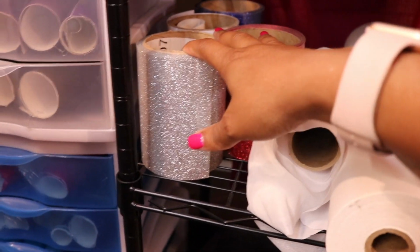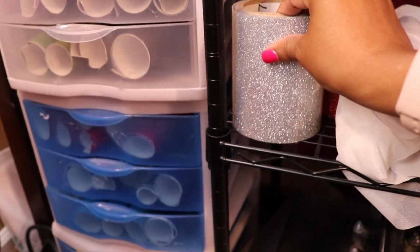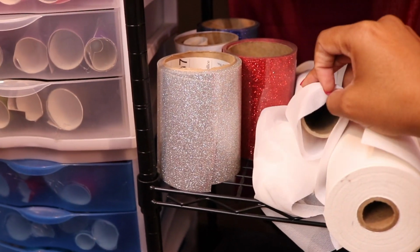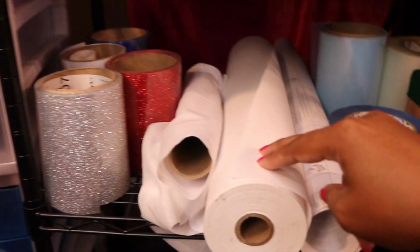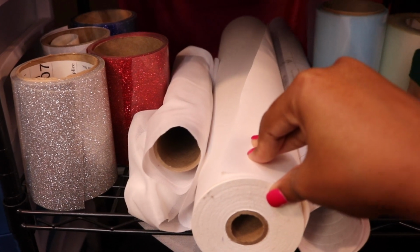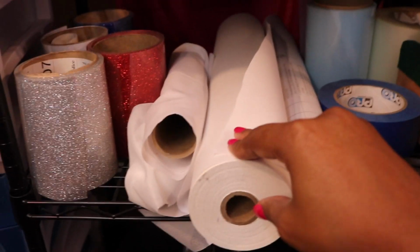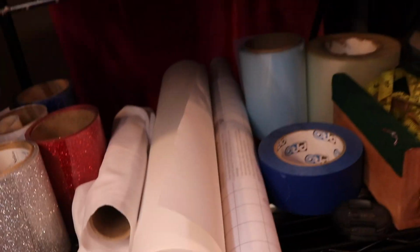And so here I have my end rolls of glitter vinyl that I purchased. I use these all the time. I have red, white, and blue, and then I have the silver glitter. And this is just additional cover stitch or tender touch. This is my large roll of butcher paper that I spread out over there on the black table where I am prepping everything for sublimation. And most of everything I'm telling you here is linked down below. This is contact paper. You can use this just like you would the adhesive paper. More